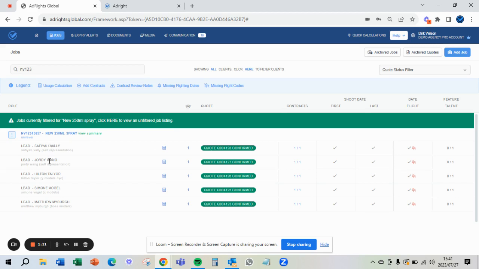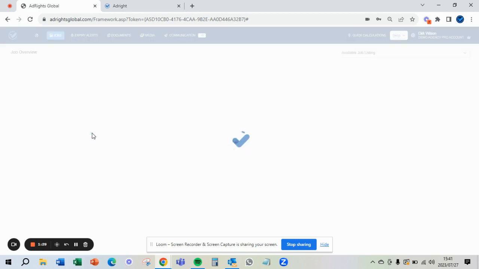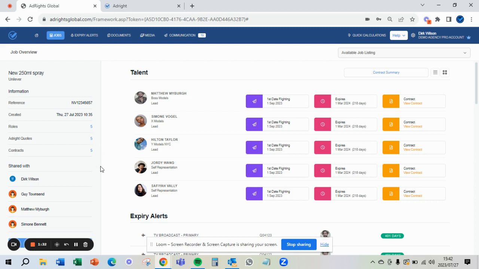As you can see, we've got a whole bunch of talent that are booked here. We've got a whole bunch of contracts. The shooting dates have been established. The first date of flighting has now been established, which is really nice because that triggers the expiring medias and renewal alerts as well. And to view a summary of this job, which is shareable amongst internal team members or